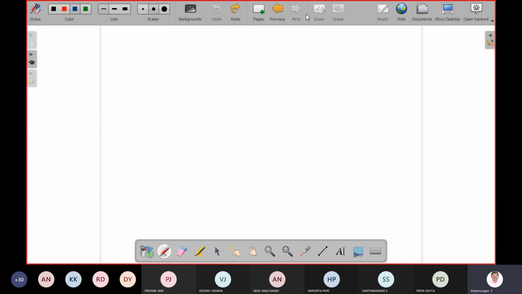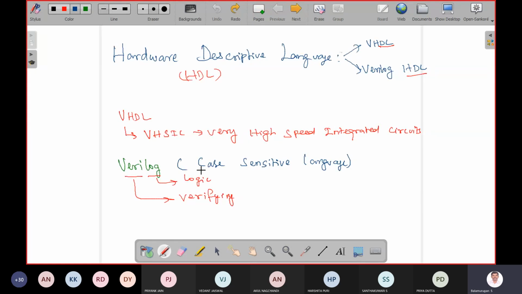Okay, so now we will start. Before we enter into Verilog HDL, VHDL was coined by the US Defense Academy for defense purposes. Mostly research institutes in Europe and the US use VHDL.